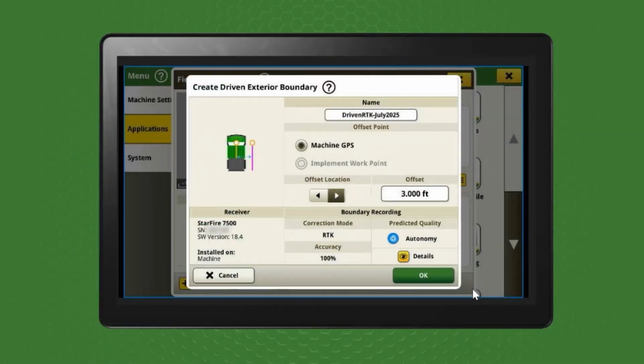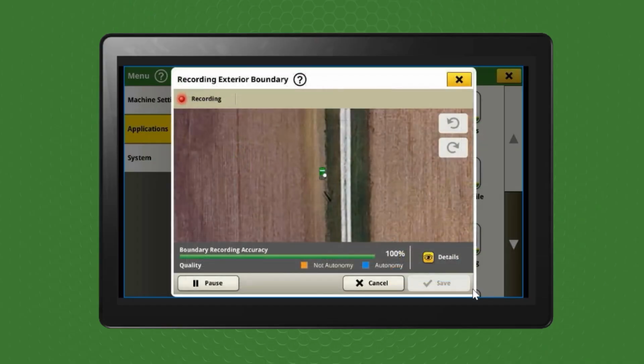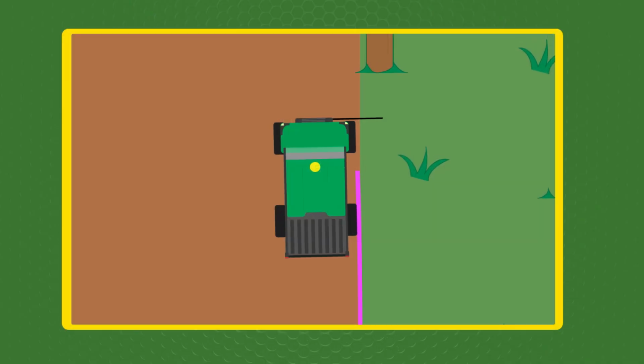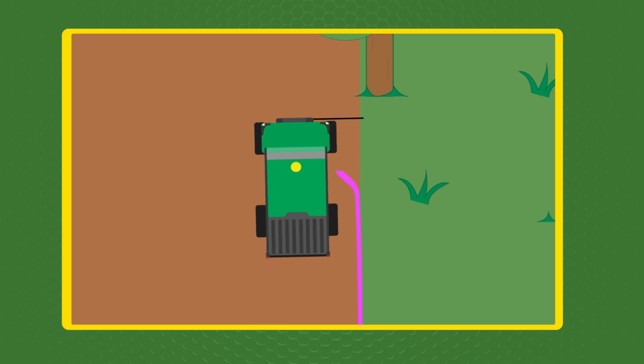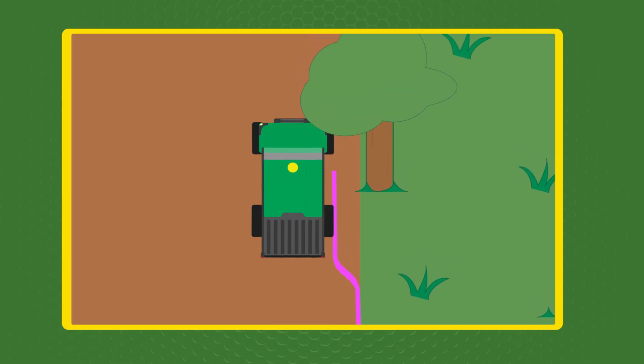solution. Now that we're set up and ready to record an accurate driven boundary, let's go ahead and record that boundary with our Gator. Click OK to begin recording. Start driving the boundary. Remember to use the buffer bar, talked about in part 1 in this video series. It is important to navigate around obstacles, ensuring that any implement overhang will also avoid obstacles when later using this